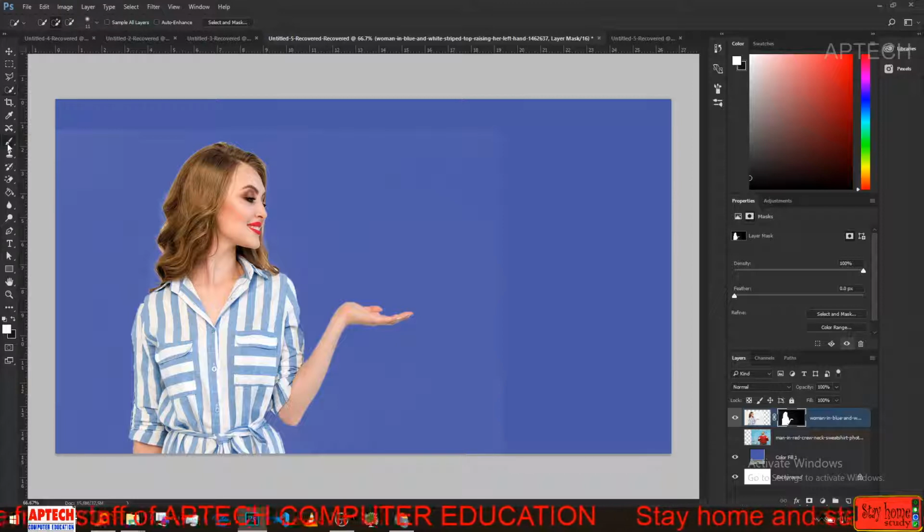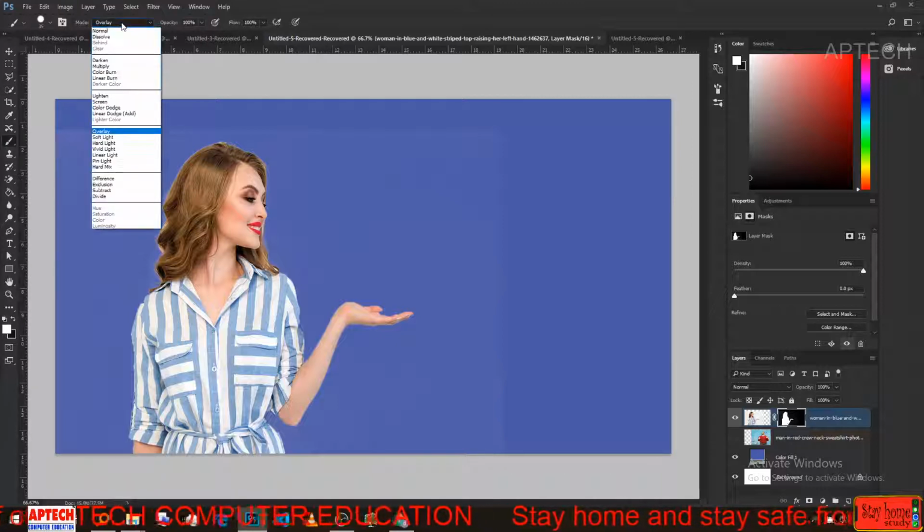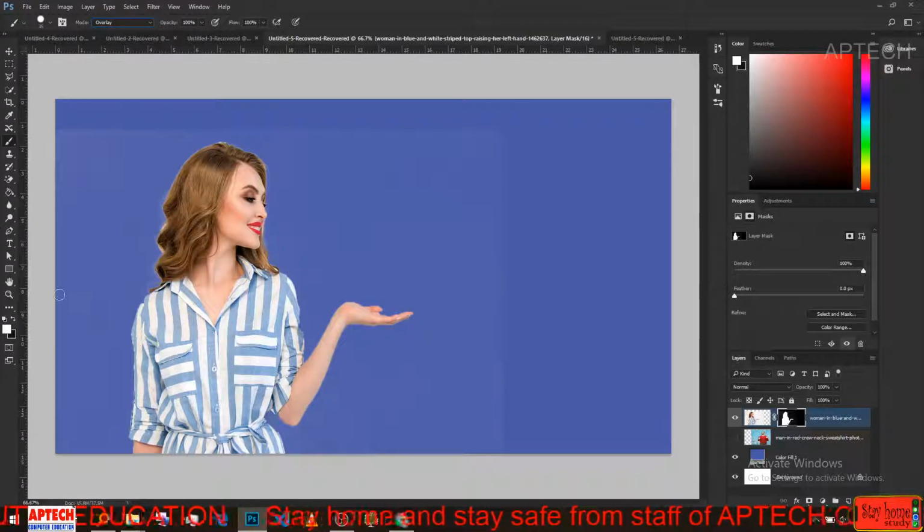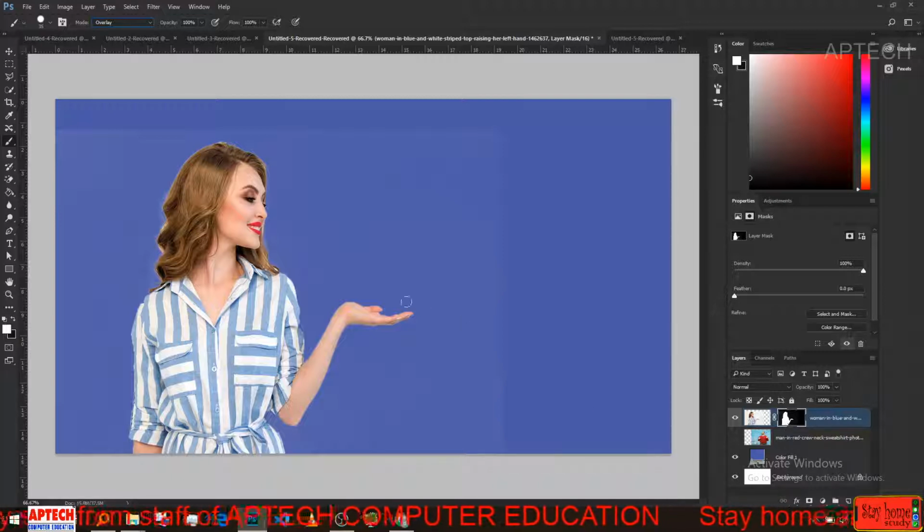get a brush, choose overlay, and make sure it's on. White is things which are viewed. If you have noticed here, white is where the lady is. Black is things which are not viewed. Now, since you want this, because if I press shift,